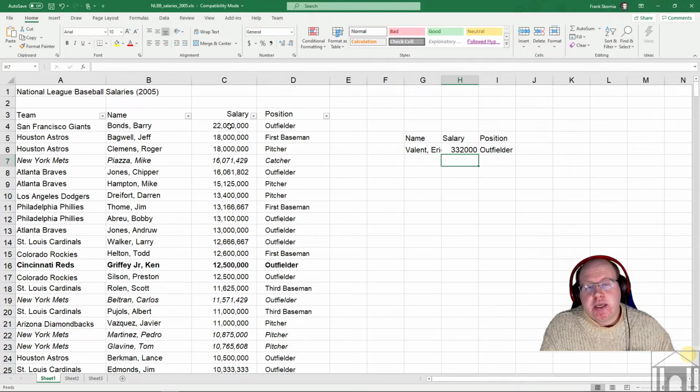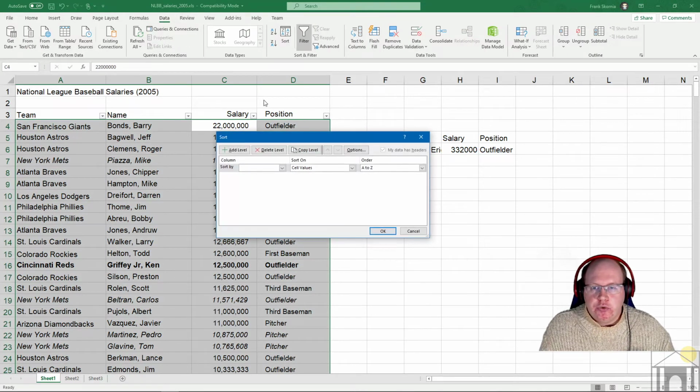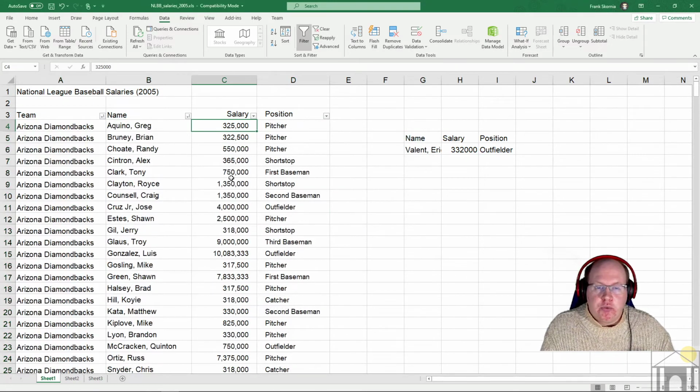And what we want to do is color code information in our salaries based on the amount that's in the salary. So before I do this, I'm actually going to do a quick sort again. I just want to resort my data back to the way it was initially, which was by team name, A to Z, and then by name. Just put it back into the original order from when we first started off the class, simply because it makes the conditional formatting